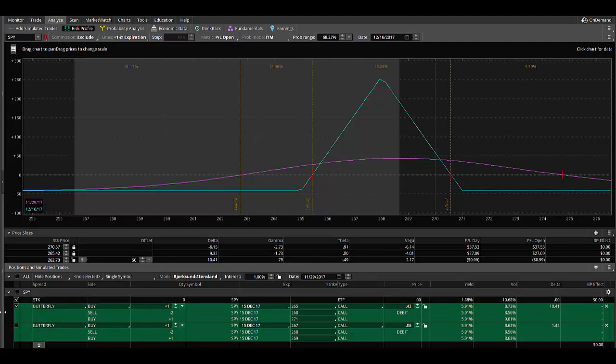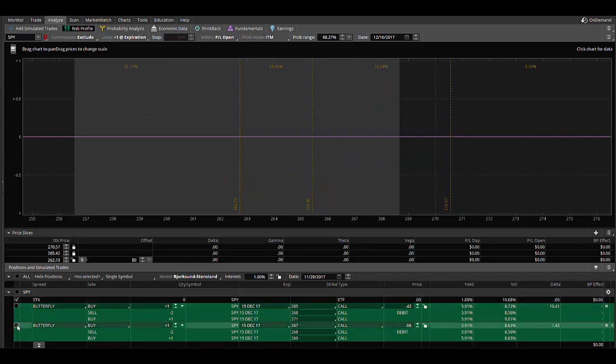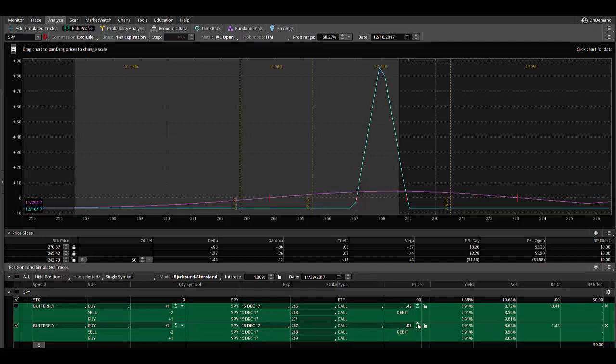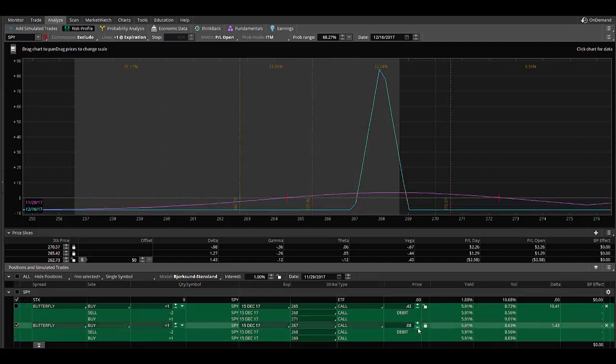Before we move on though, I just wanted to show you the very narrow butterfly that you can get for very, very cheap. Now, you probably wouldn't get filled at 6 cents. You might have to sacrifice a couple pennies here to get a fill because of the bid-ask spread of the three different legs of the options that you're trying to get into, especially if the open interest is not that large up at these higher strikes. You may not be able to get in at the 6 cents, so you might have to sacrifice a couple pennies to get in. Either way, you're paying a very low cost to get into this trade, which could then